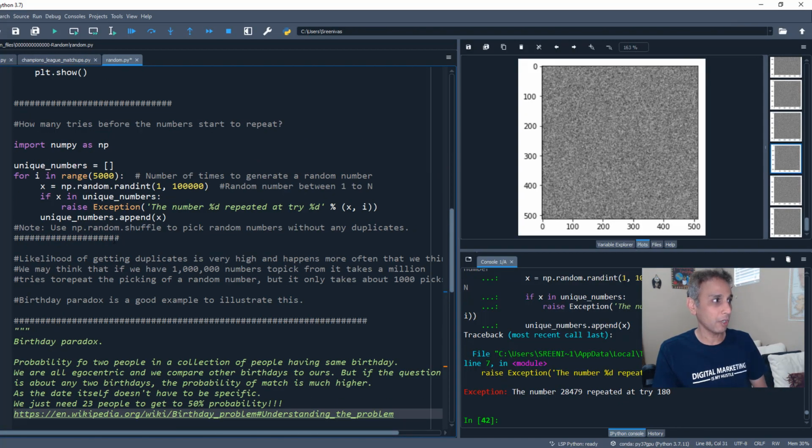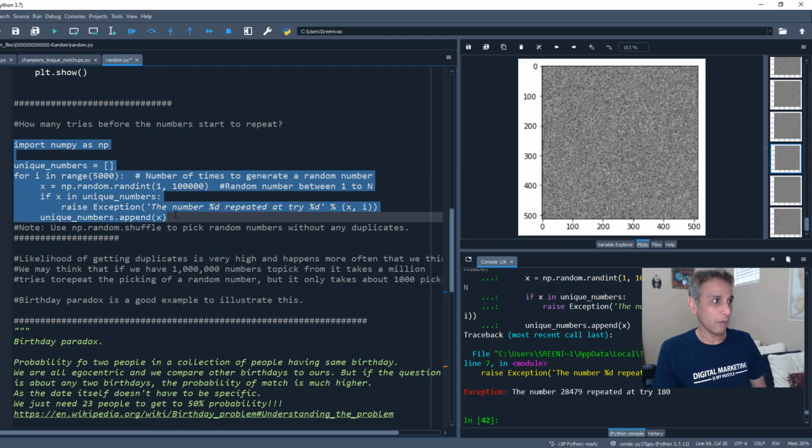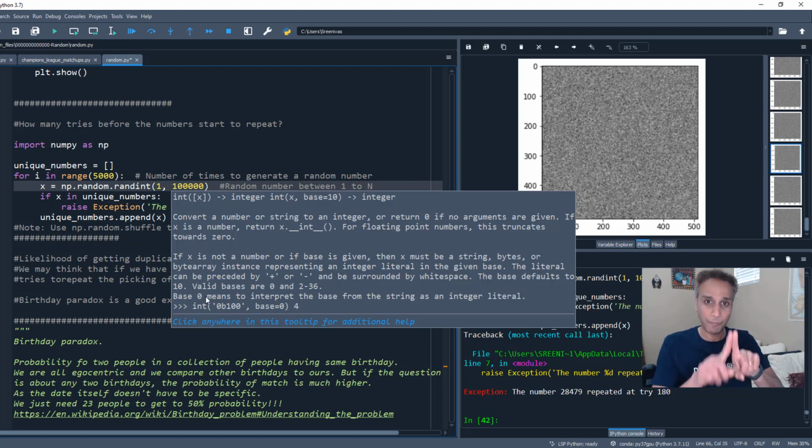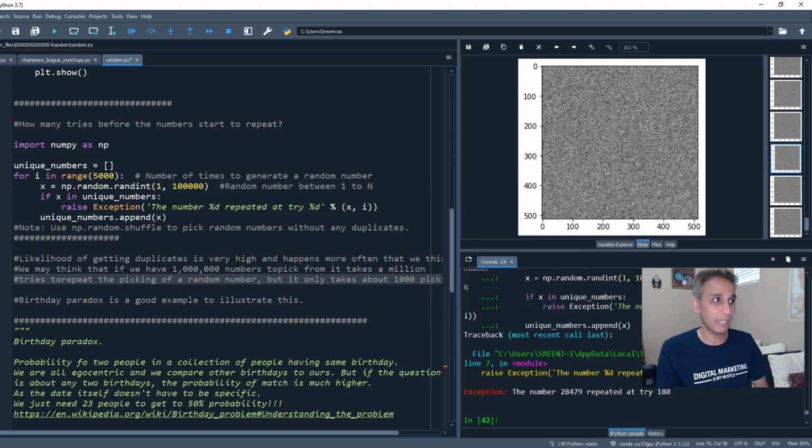I just showed you how many tries it takes. You would think you need a lot of tries, but no, you just need 300 to 400 tries to start matching the values. So we rephrased this problem as a birthday paradox problem, where we are trying to match the 2 birthdays.